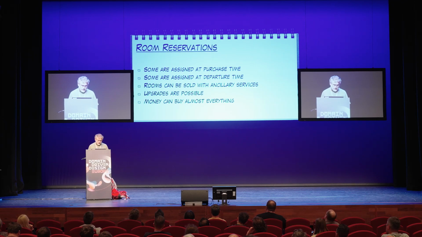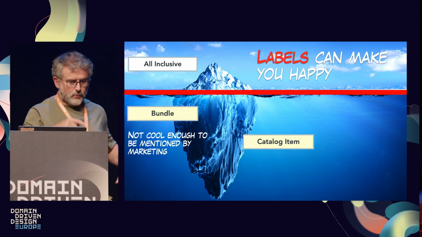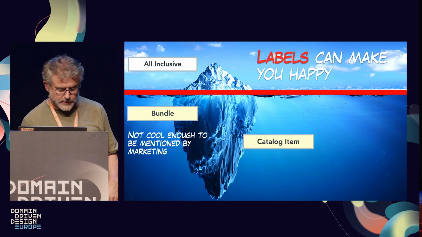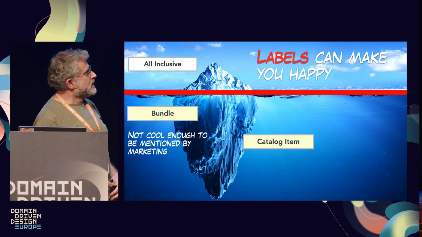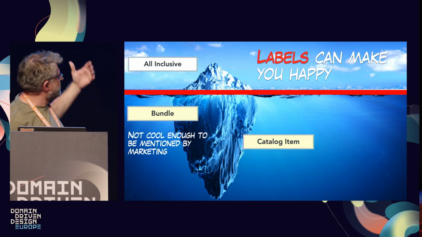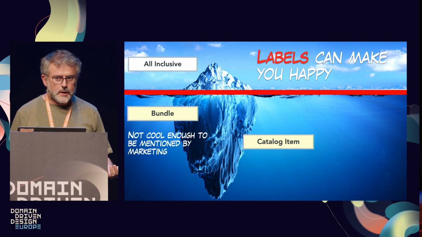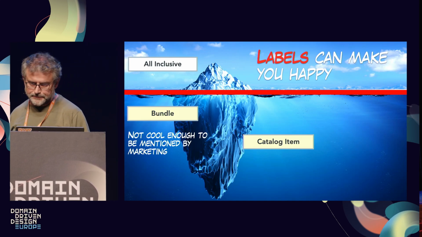The thing that was bugging us in this scenario was we collected the sentences we were registering, taking notes and looking back. And once again, there was a clean solution that was working on the labels, have something which was all inclusive or similar stuff that was not part of the domain, but was just a label over a more technical idea of a bundle that could include something else. The thing, I mean, this design is nothing so special. The hard thing was every single conversation was leading us in the wrong direction.